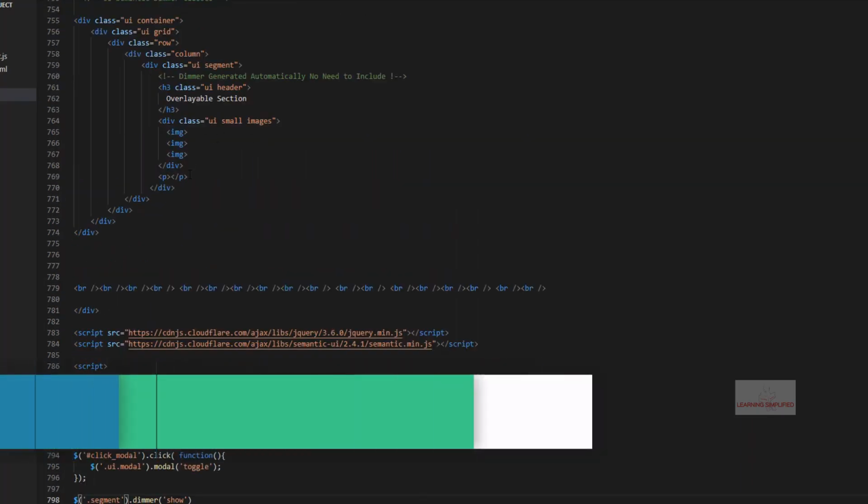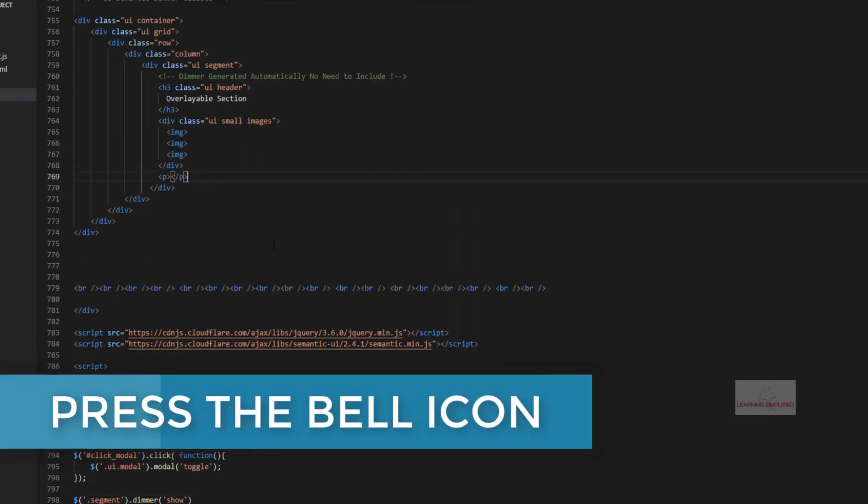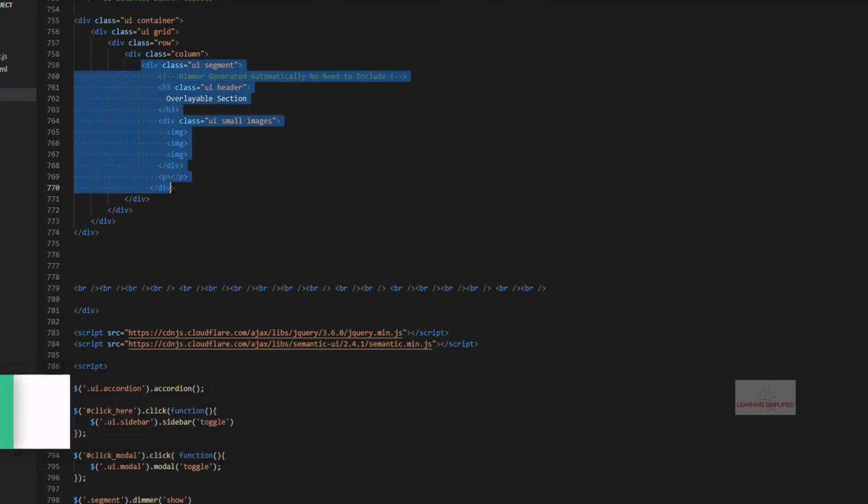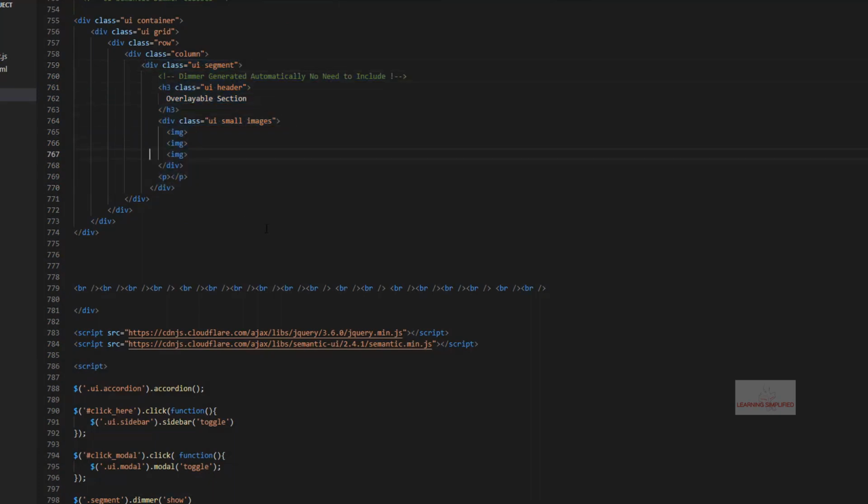Now let's head back to the text editor, and here first of all let's create a button which will be doing the toggling action. So right in the place, this is the div class UI segment. Over here let's make it a little bit oriented. There it goes. For this UI segment class has been spread.